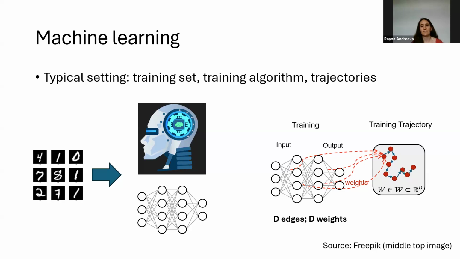So that you're happy that your neural network has learned, for example, how to tell the difference between a cat and a dog. And what we are focusing on here is the weight. So to each edge, you're assigning a weight. And when you stack all the weights together, they form one very high dimensional vector. And at each step of your training algorithm, you have one iteration of the algorithm, and you are collecting all of these iterations into a very high dimensional point cloud. So we would be calling this the training trajectories.